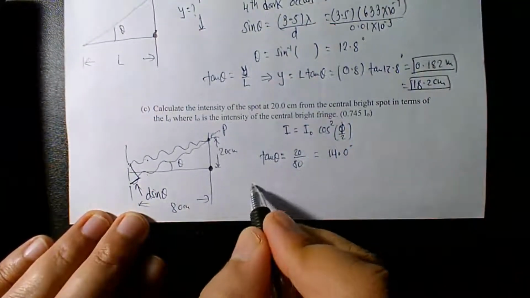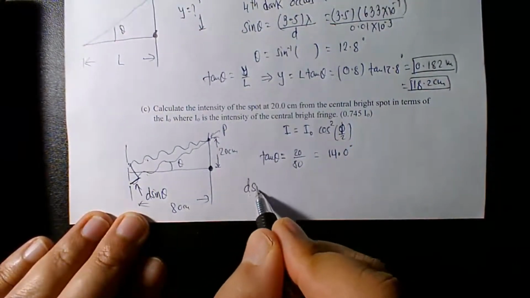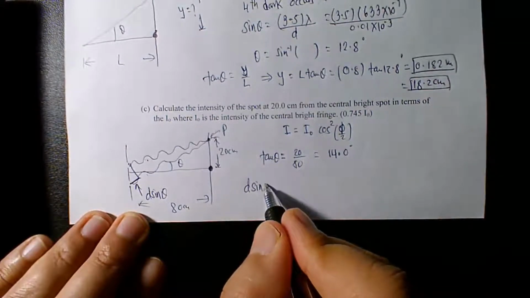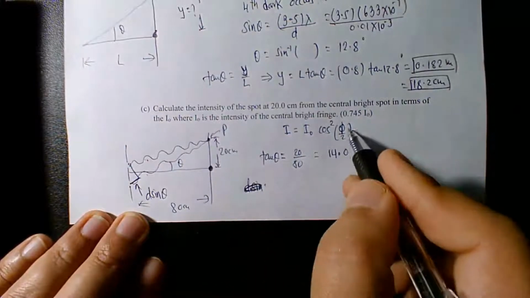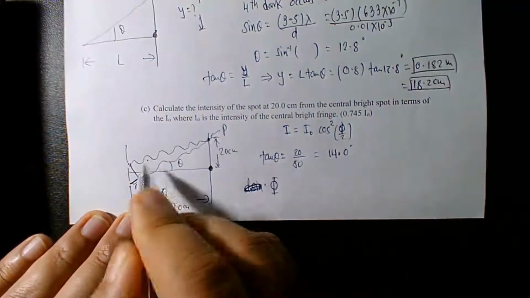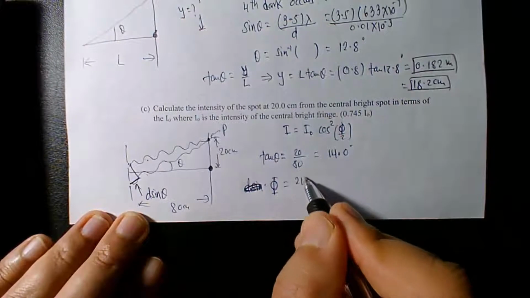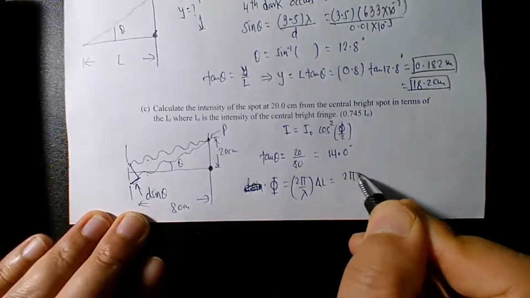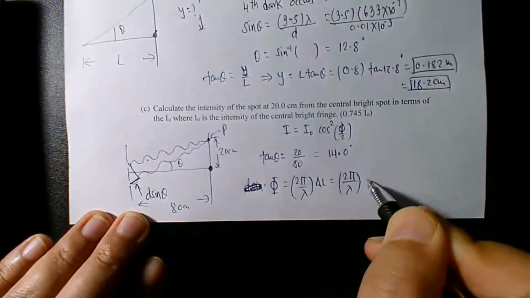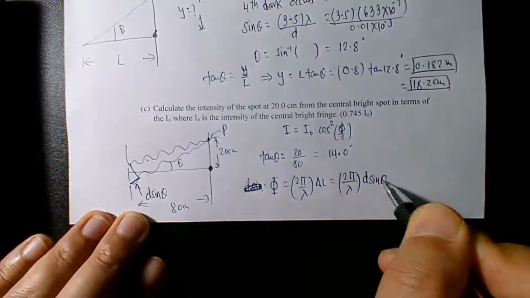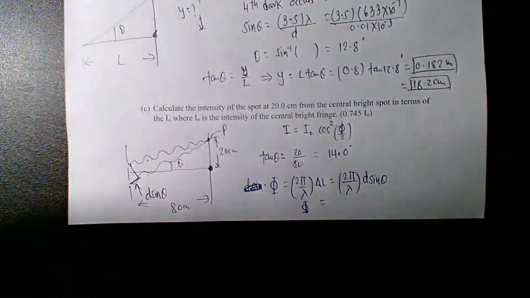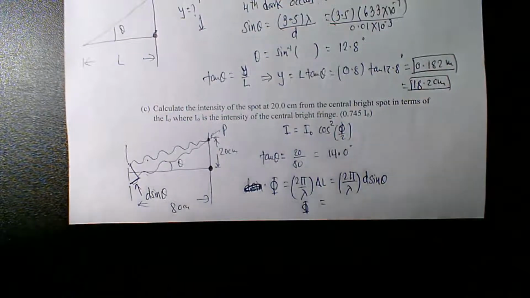Now from here you can find the path difference, d sine theta, right? Then the phase difference between the two light waves reaching here will be 2 pi over lambda times the path difference, right? But the path difference is d sine theta in a double slit. And this will be in radians. So find that out. d is the same d, 0.01